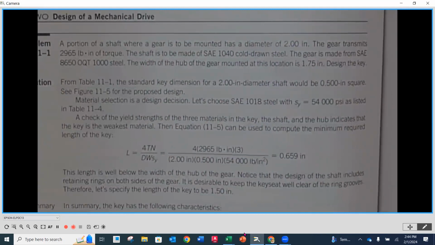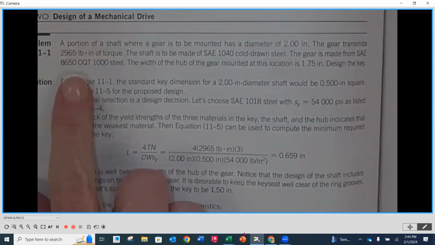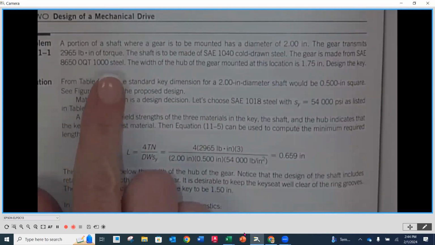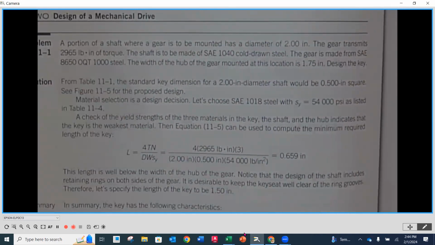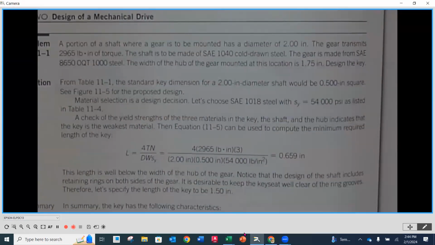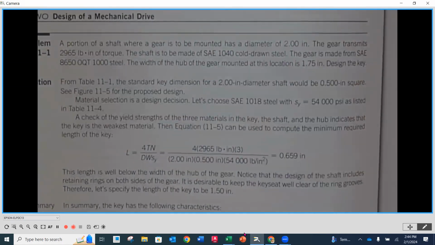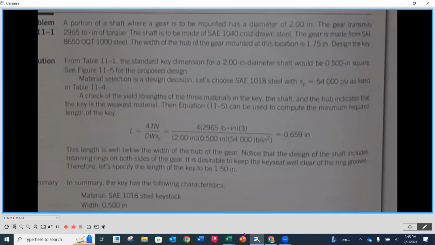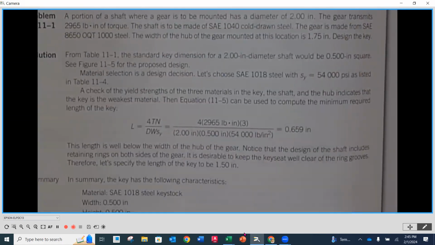The gear is made from SAE 8650 oil quench and tempered 1000 steel. The width of the hub of the gear that it is mounted on is 1.75. So the key has to be within the confines of that 1.75. What we're going to do is go through and design our key for this. Now, you'll notice there's literally one equation here, and that's very true,